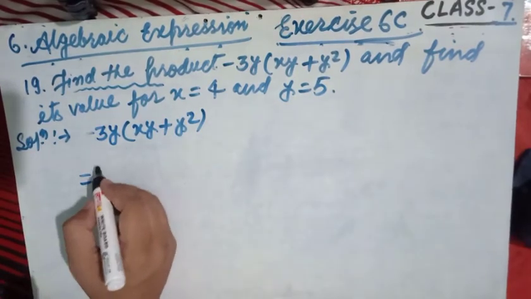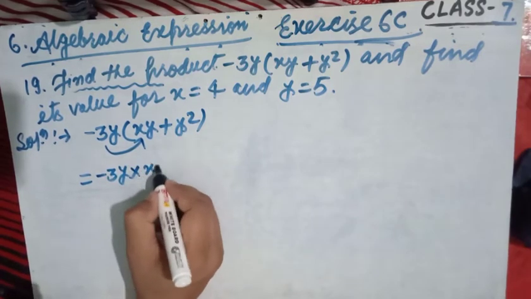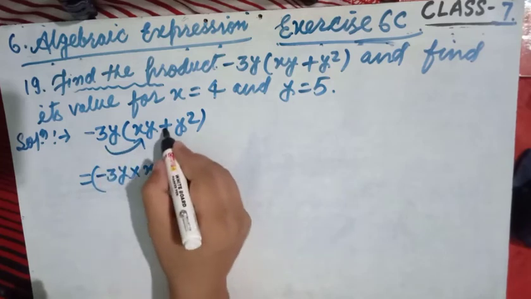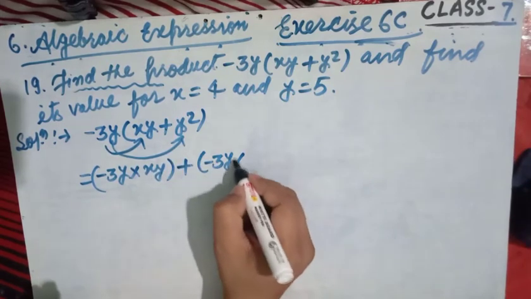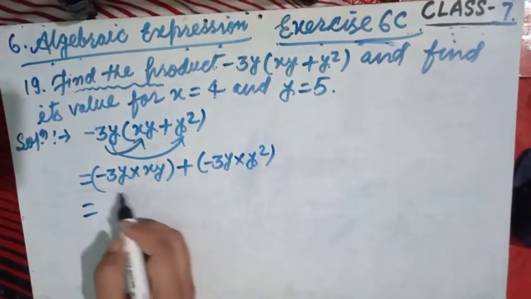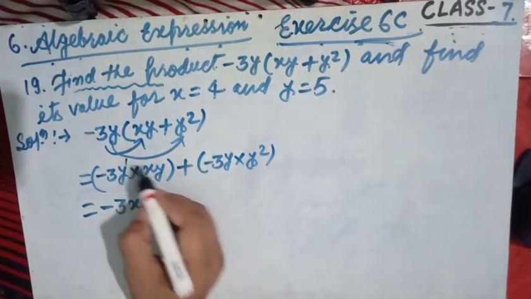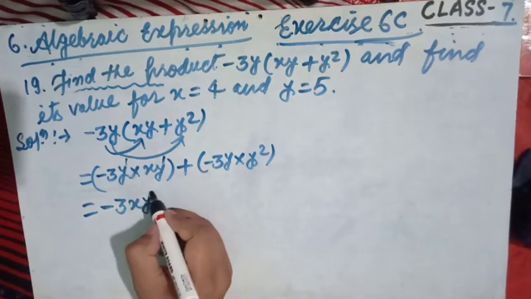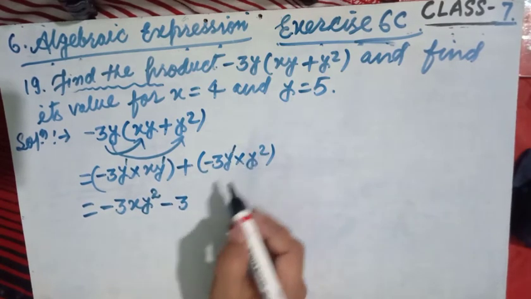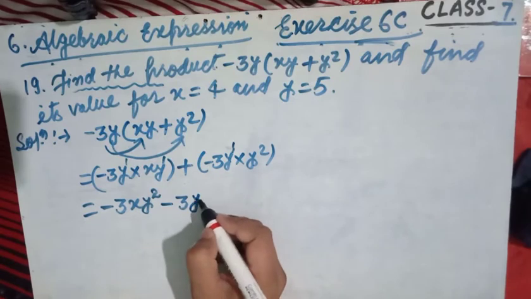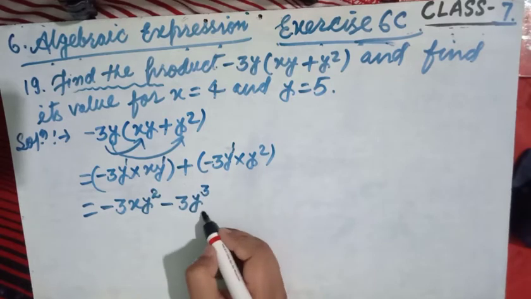So here, the product: multiply -3y by xy, close bracket. Now this is once, and then plus, this -3y once again multiplied by y². Okay, now multiply: minus 3 as it is, here is the x, write the first x, and y with y, so write a single y, 1 plus 1 is 2. Now plus into minus, minus 3 as it is, y with y², the exponents are 1 and 2, single base, add their exponents, 1 plus 2 is 3. Okay, this is your first answer.